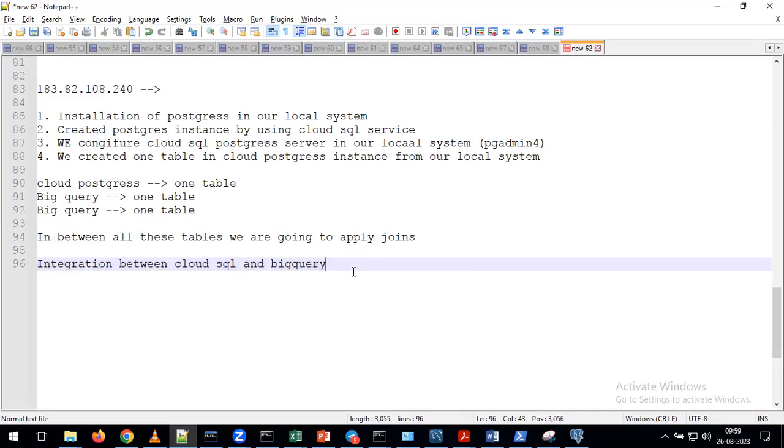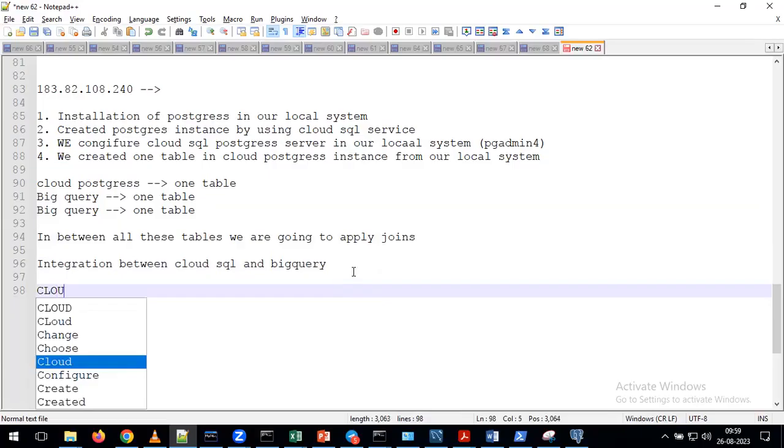Overall, today we are discussing BigQuery, and a new service called Cloud SQL. By using Cloud SQL, we are connecting to either MySQL or Postgres. Indirectly, whatever queries we discussed in the last 15 days of classes, you can run all those queries on top of your Postgres. But instead of running the queries, we are going to perform a new activity, which is how to perform the integration between our Cloud SQL and BigQuery.